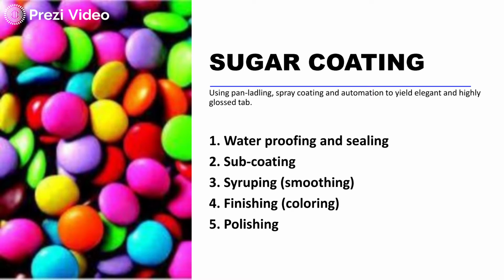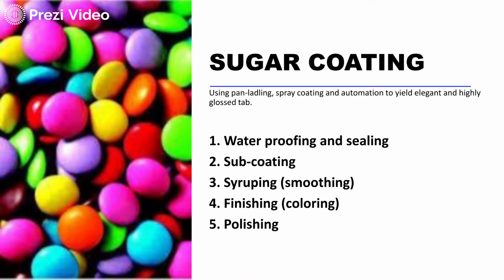The first stage is known as the waterproofing and sealing stage. As the term indicates, a sort of sealing is created, so whatever process is applied for the coating is not going to disturb the inner core. This sealing coat is very essential because you are going to add a lot of weight over the tablet. If this sealing coat is not formed properly, what will happen? The moisture will be gained by the inner core, and in that case the coating will not be proper. So this is the first primary stage, whereby an effort is made to form a sealing coat over the tablet which needs to be coated.